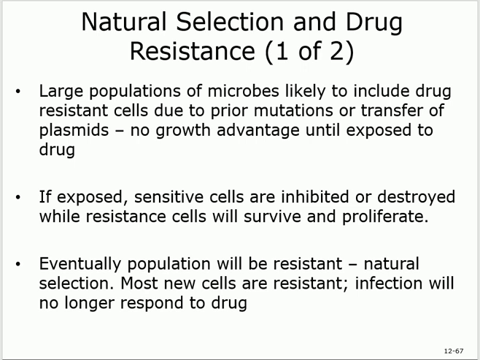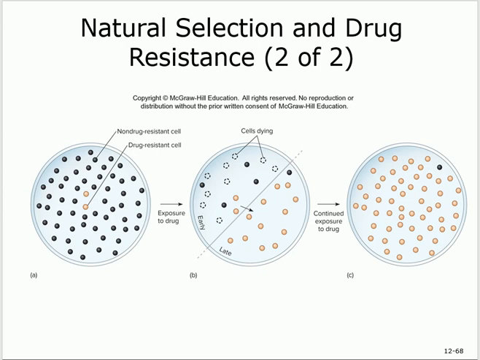So this will bring us to natural selection, and natural selection is simply that those of the microbes that were able to develop drug resistance are going to stay, are going to survive, are going to replicate, increase their numbers, and those that were destroyed will disappear time after time. With time, they are going to disappear, and those better ones that are resistant are going to stay. Natural selection.